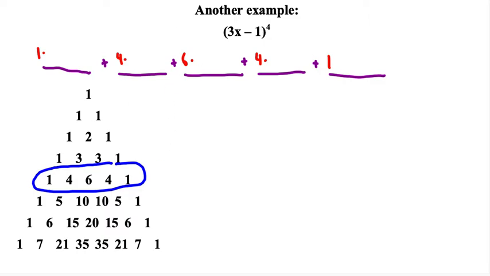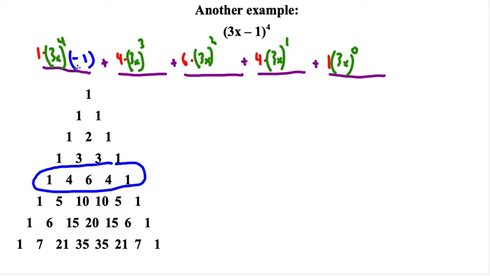And then I'm also going to have my, well, I'm going to have 3x, and the parentheses are important because you have to remember that in this case, not just the 3, but the x is being raised to the different powers also. Or I should say, not just the x, but also the 3. That's usually where, if things are going to go wrong, that's where they go wrong. And then last 3x to the 0. And, of course, now this is where it gets a little tricky, that is a minus 1, which is also known as plus a negative 1, which means I'm going to have negative 1, and it's going to be raised